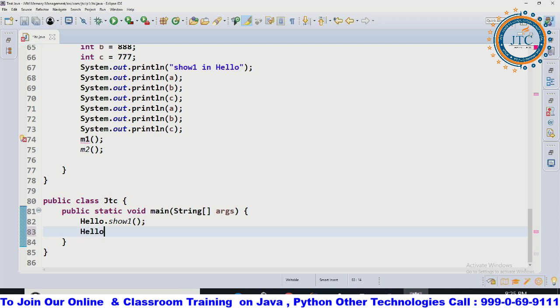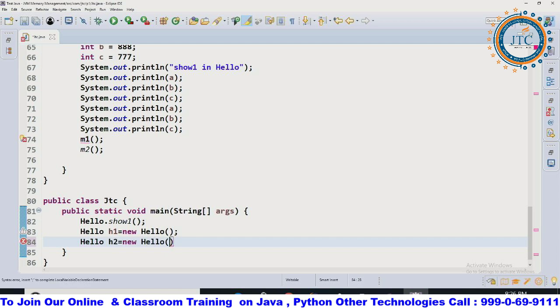Okay, well, now I am writing a few more things. Hello h1 is equal to new Hello. I am creating, let's say, one object of a class. Hello h2 is equal to new Hello. In that, suppose some value I have given,